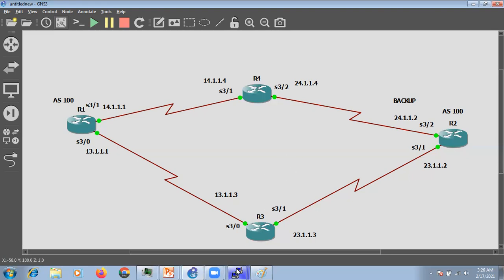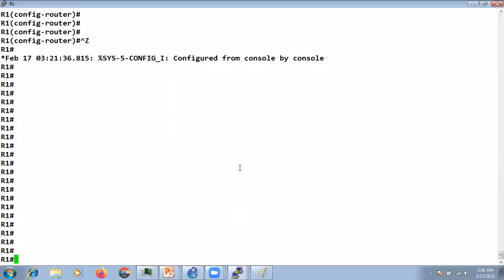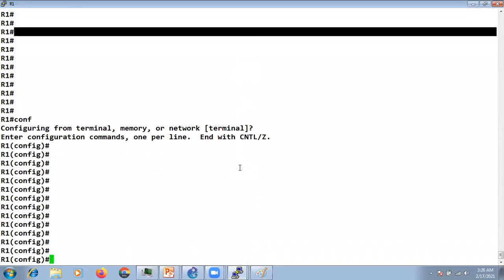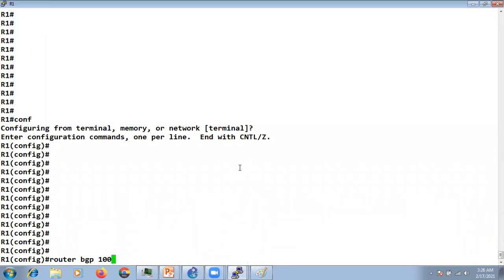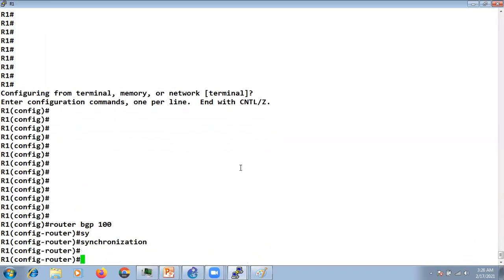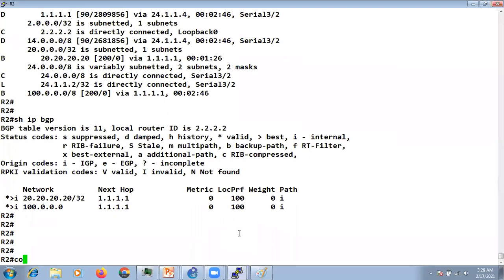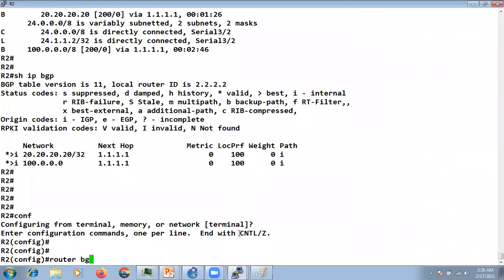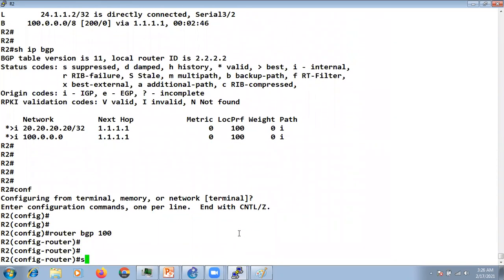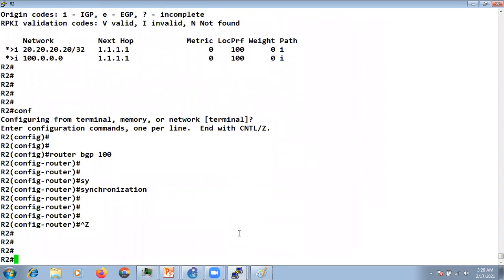By default, synchronization is disabled, but we can enable it. For example, I will go to router BGP and say synchronization. At R2 also I will say router BGP 100 synchronization.